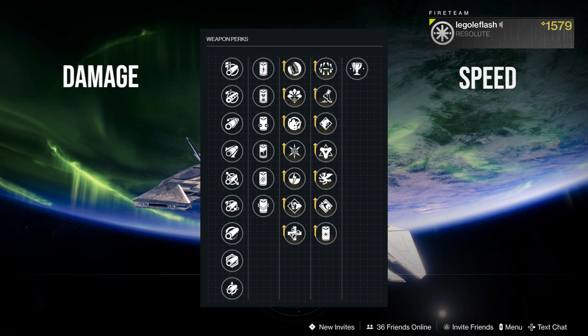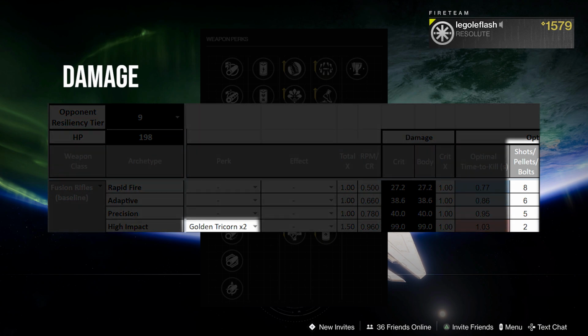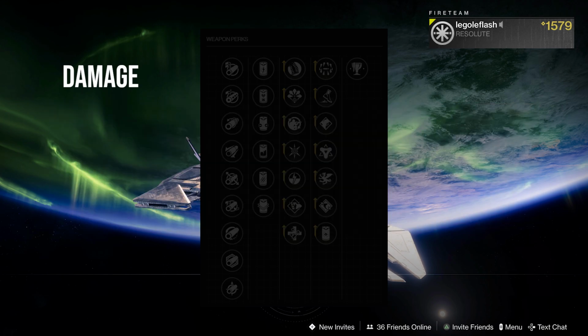a ton of speed. For damage, yes, you could go very niche with Golden Tricorn for a laughable 2-bolt kill at most resiliences, but you'd have to proc level 2 of that perk to get it going by getting a weapon kill and then an ability kill. And if that's rare for me as someone who lives in PvP, I know it probably won't be a go-to for many of you. Another still niche but much easier to accomplish damage perk is combining Kickstart with an empowering